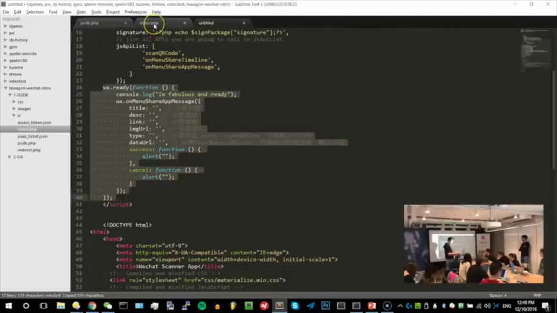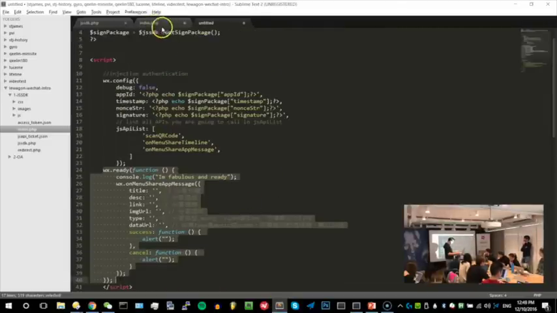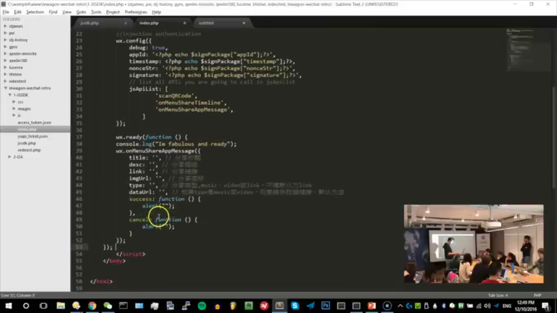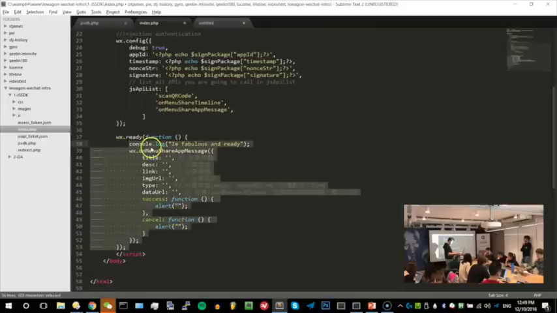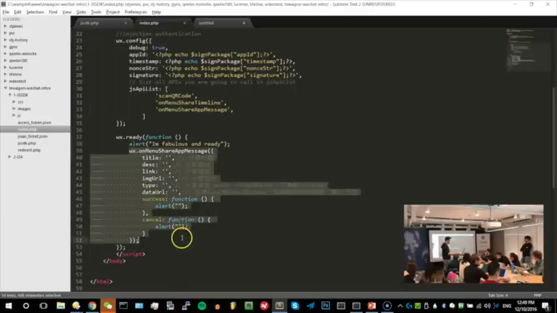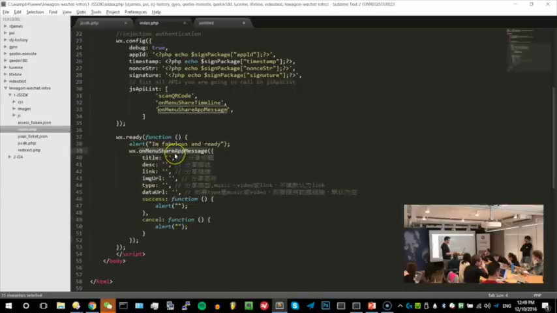So here I'm gonna take this part and paste it inside the script. Let me check that. The first line says when the object wx is ready, then start this code. You don't want to start the code before WeChat is all initialized. Inside we put an alert to make sure everything is working fine, and then we call some functionalities,